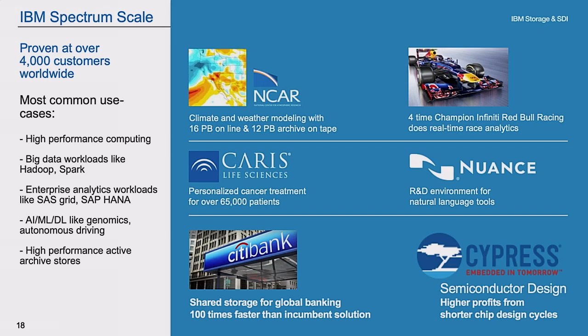Spectrum Scale. Is that a new term for people? Generally, when I say Spectrum Scale, it's kind of a new term. Okay. Spectrum Scale has been around for a long time. It's been around since 1993. It was rebranded after one year, in 1994, to GPFS. And it was rebranded about 4 years ago to IBM Spectrum Scale, and we have a